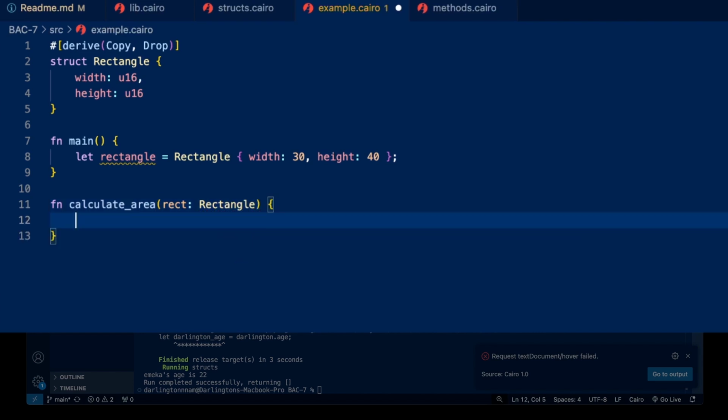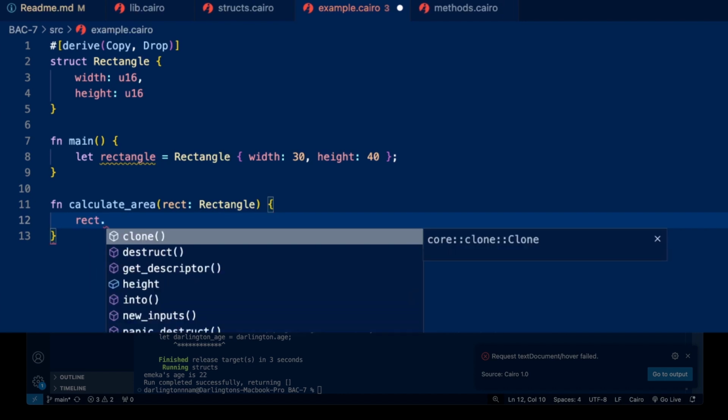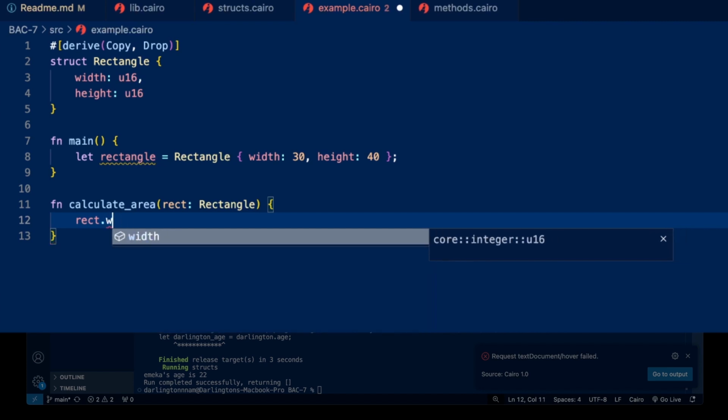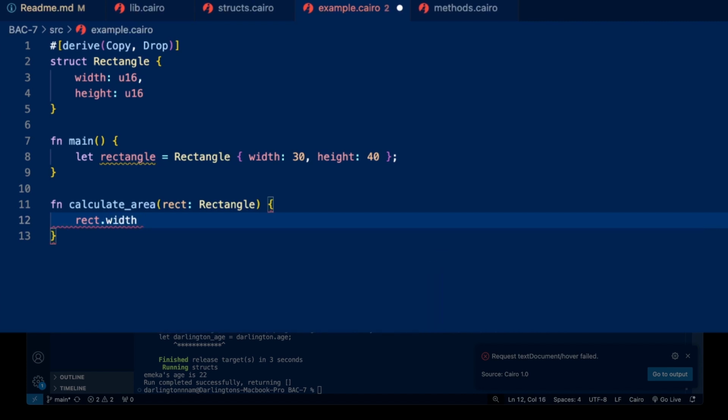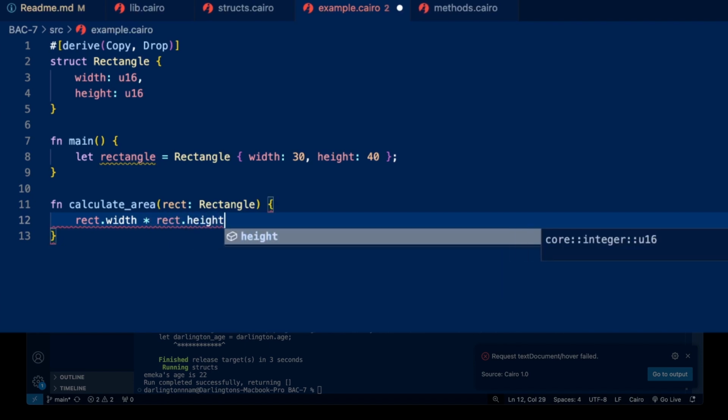All we want to do is multiply: the area of the rectangle is the length times the breadth. So we're just going to say rect.width times rect.height,